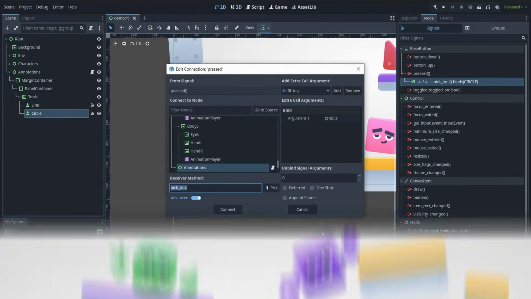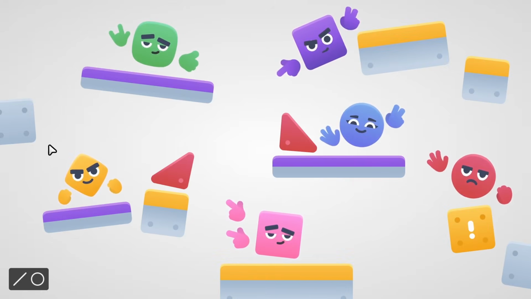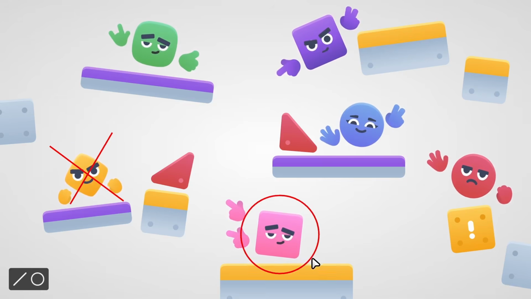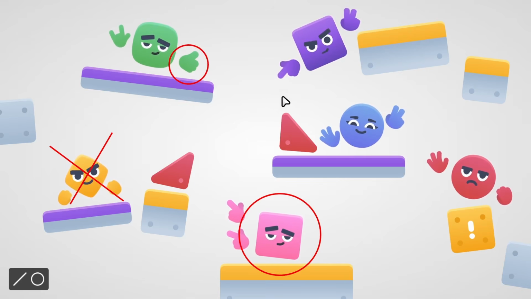But okay, so now if we retry our demo, you see that we start with the line tool active by default, like before, but we can click on our circle tool button to enable it, and then we can click and drag the mouse to trace our new shapes. Now, with all this in mind, we can quite easily add our rectangle tool following the exact same process as